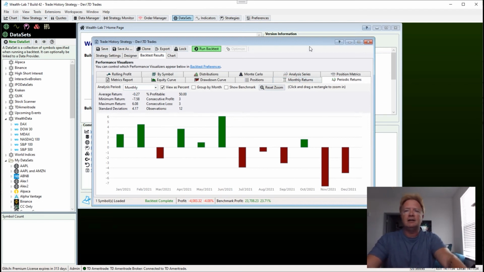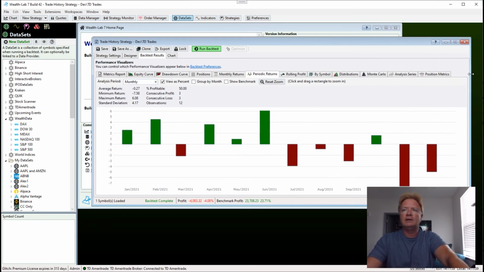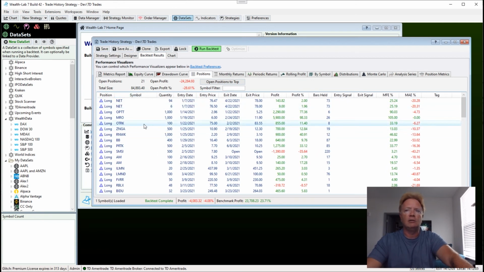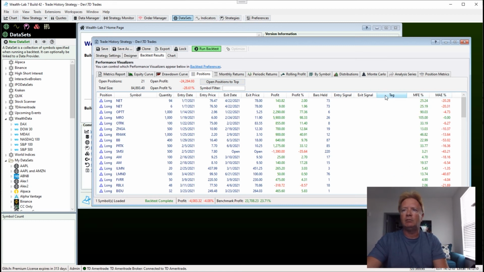The next little feature I want to talk about is our list views. And when I say list views, I mean any one of these controls here that's a list of items and columns. You can reorder these columns, change the width of the columns. You could always do that in WL7, but now, as of build 42, and to show this off, let's say, for example, let's make our symbol column a little bit wider, and we drag this tag column maybe here before